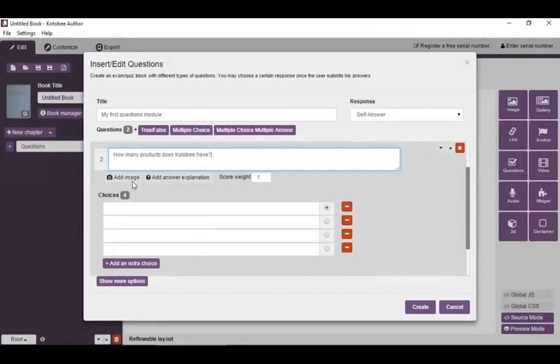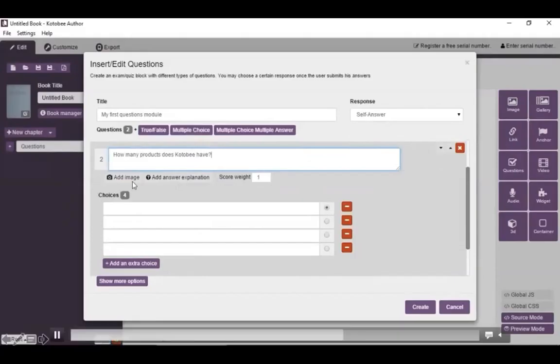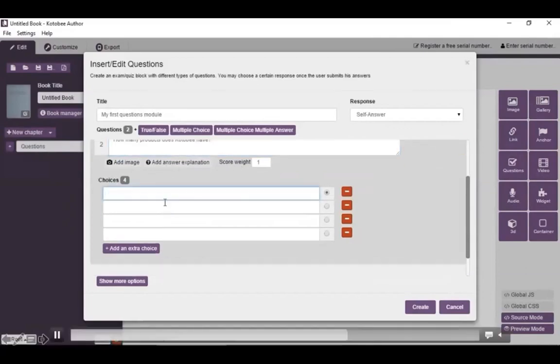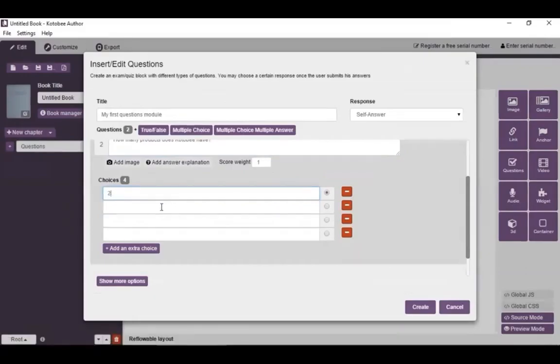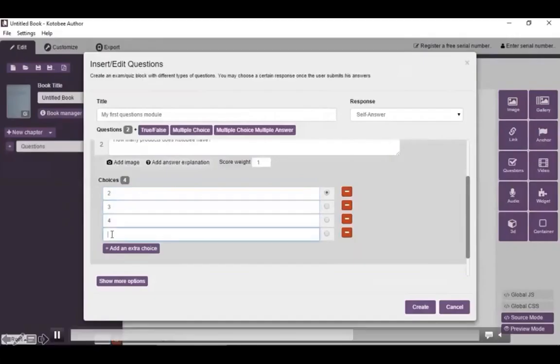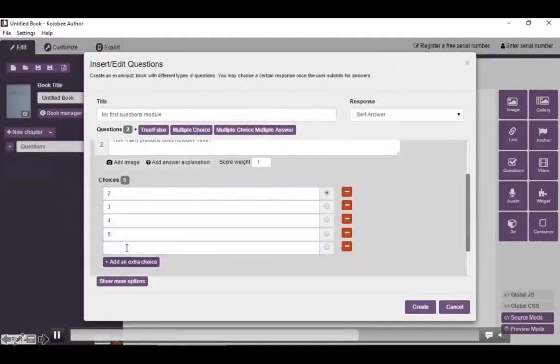By clicking on the create button on the bottom, you can see that you can add more questions, and every question could have the same options: add image, add answer explanations, and score weight. And you can add the choices as well. By default there are 4 choices. You can go ahead with adding an extra choice, and you can remove it as well. On the right side you can select the correct one,